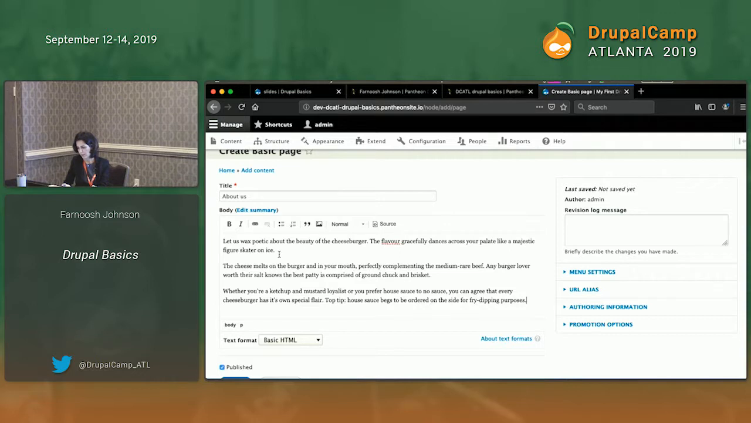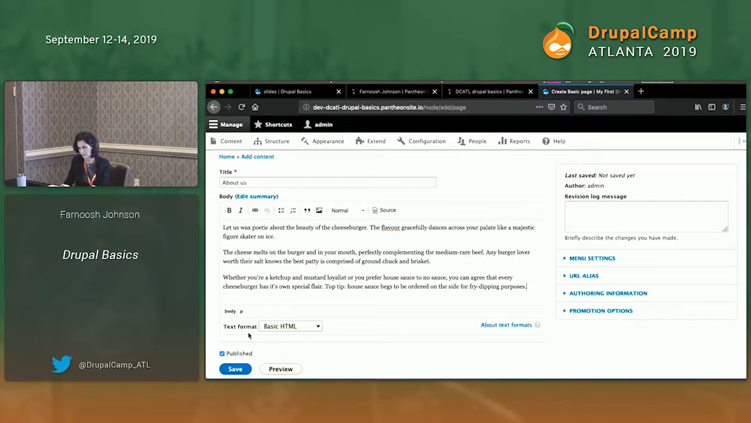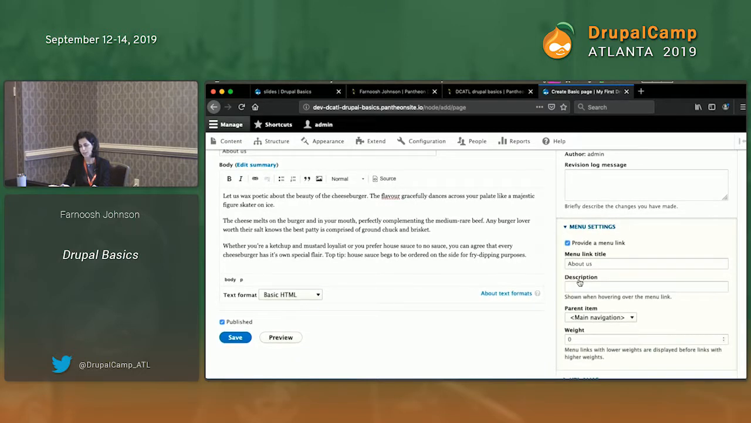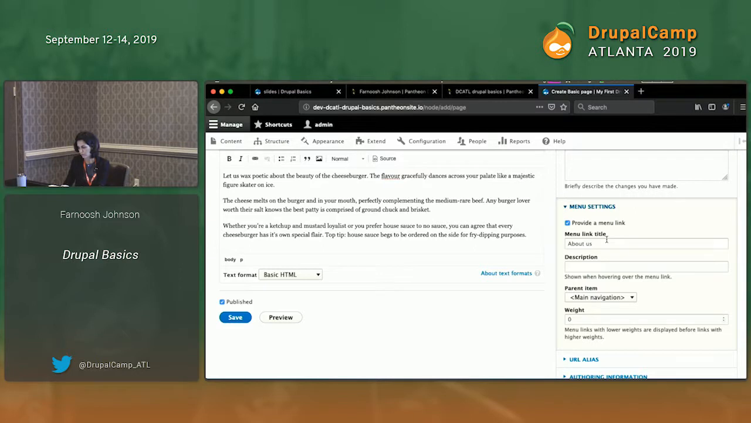I'm just going to set the text format as basic HTML, and for the further configuration on the right side, I'm not going to touch it. I'm just going to set everything as default. Let's go ahead and click on the menu settings here, and I'm going to check provide a menu link. This is where we're going to create a link for our About Us page in the main menu section. I'm going to leave the title as About Us. For the description,